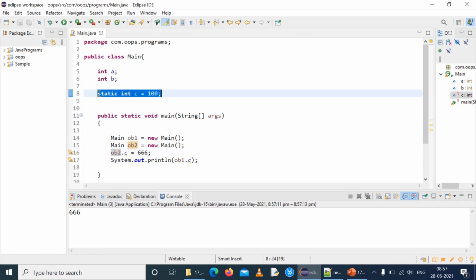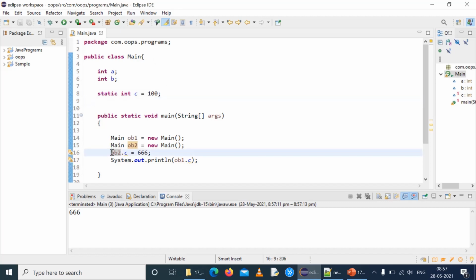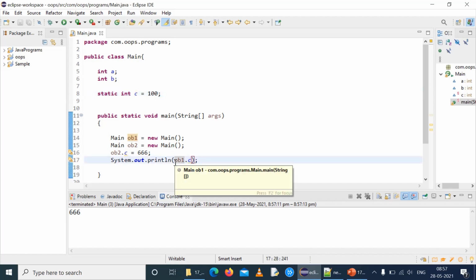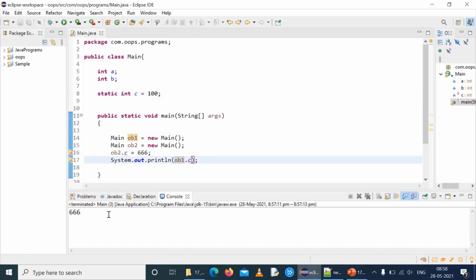The variable c is allotted a single common memory for this entire class, and that is why when I update the value of ob2.c as 666, this common memory, which held 100, is overwritten and 666 is stored, and that is why when I print ob1.c I am getting the same value.